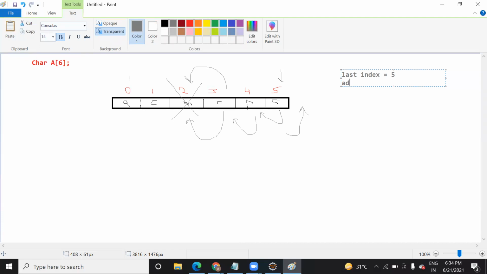Then I need to add an element at size plus 1. So what will be the size? Suppose size will tell you, or better you can take length. Length will tell you the number of elements. Okay, so it will be 6. So you can write size equal to add element to the array name, and the index will be length. So suppose you declare a variable length,